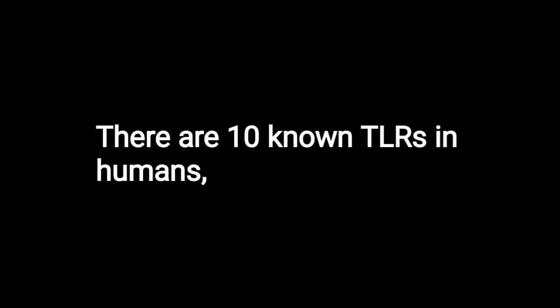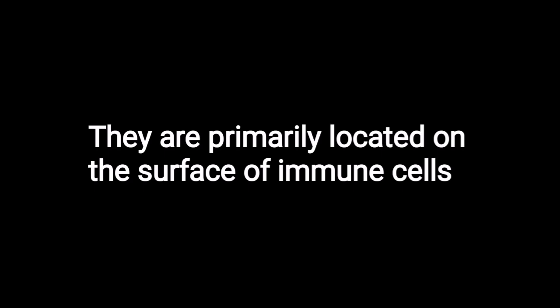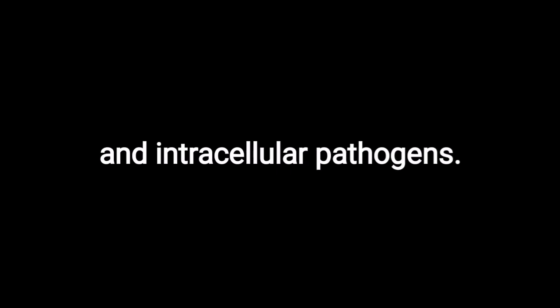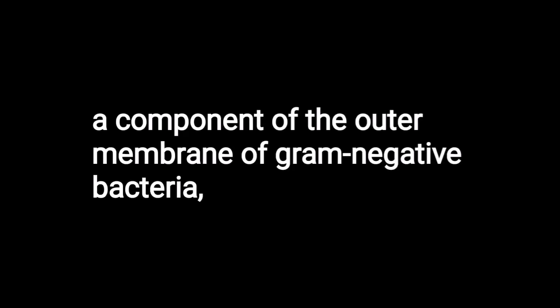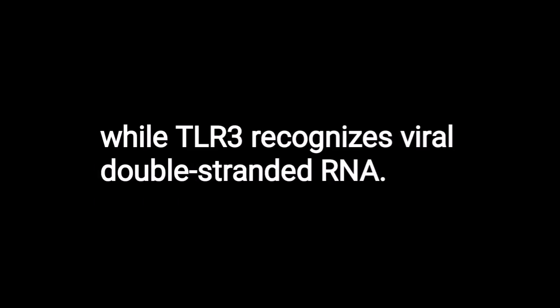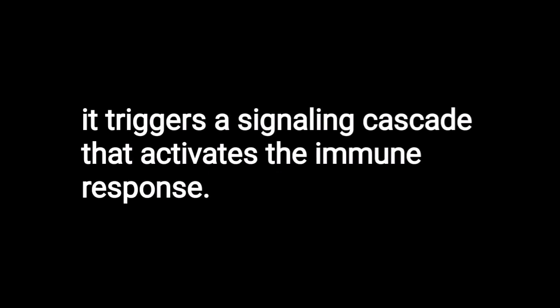There are 10 known TLRs in humans, each with specific roles and recognition capabilities. They are primarily located on the surface of immune cells or within endosomal compartments, where they can detect extracellular and intracellular pathogens. For example, TLR4 recognizes lipopolysaccharides, LPS, a component of the outer membrane of gram-negative bacteria, while TLR3 recognizes viral double-stranded RNA. When a TLR binds to its corresponding pathogen-associated molecular pattern, PAMP, it triggers a signaling cascade that